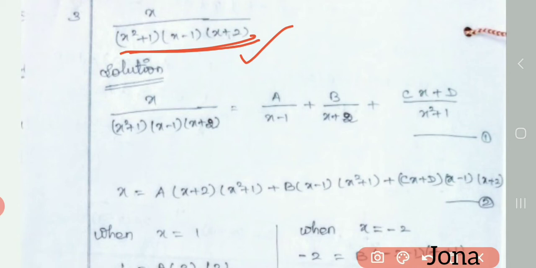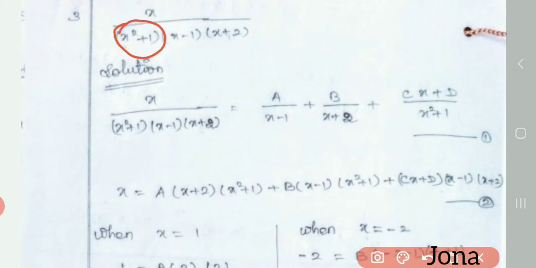At the same time, we have one more thing you have to do. As usual, the x minus 1 and x plus 2 will have the constants a and b, so we can take this as a by (x minus 1) plus b by (x plus 2). Now look at the next one, it is